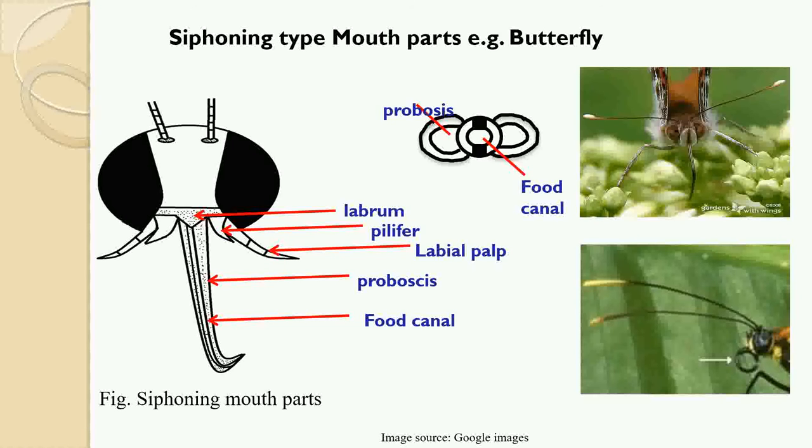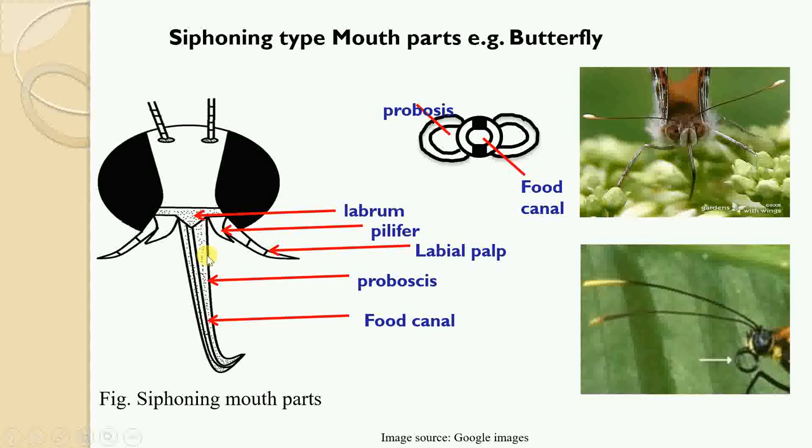The maxillae are the main organ of the mouthpart in Lepidoptera of the siphoning type. The galeae are greatly elongated, and those on either side are joined to form a slender hollow tube by a ventral hook, a dorsal plate and intrinsic oblique muscles. So whatever proboscis is there, that proboscis is actually contributed by the maxillae. And among the maxillae, the galea is extremely elongated,